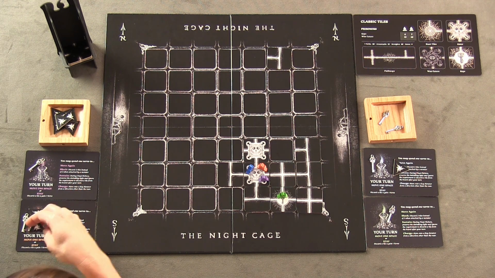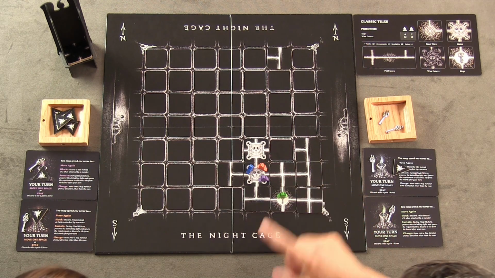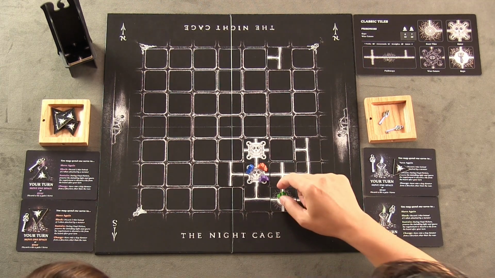I could have done that when I was adjacent. Give it to purple. Yeah, I'm just going to give that to purple. So then I might have made that... Who just went? I did. Orange did. Orange went. So green. It's green's turn. So green will go